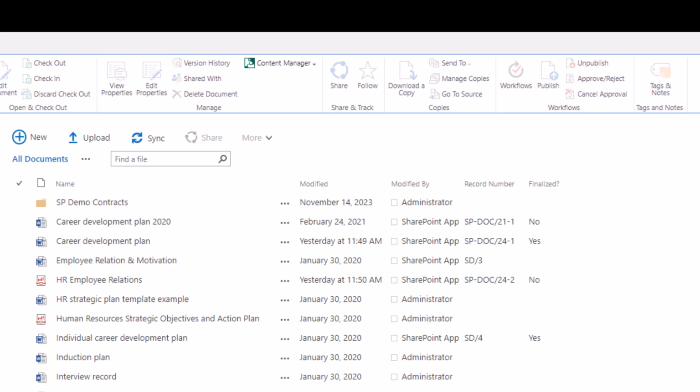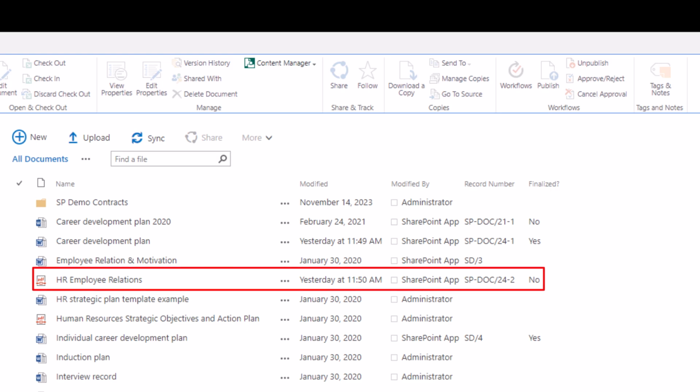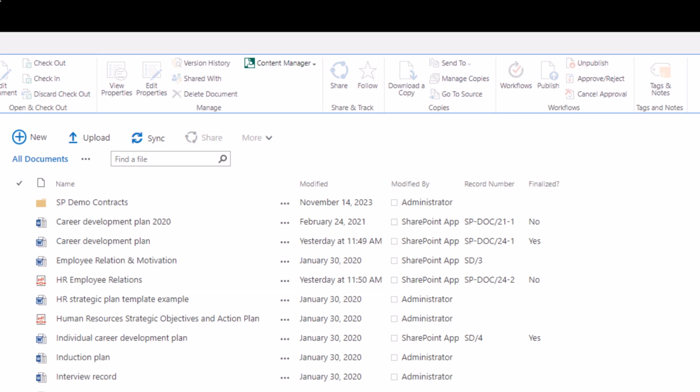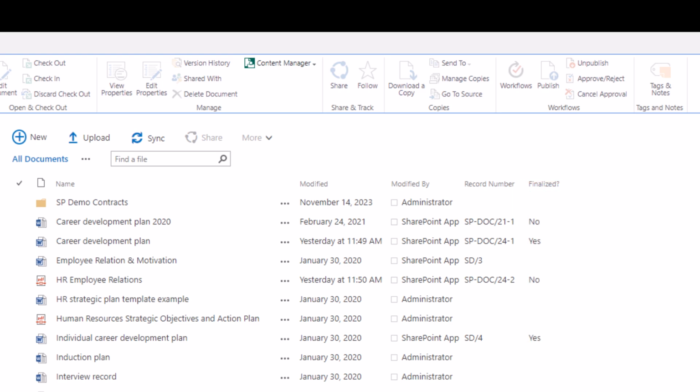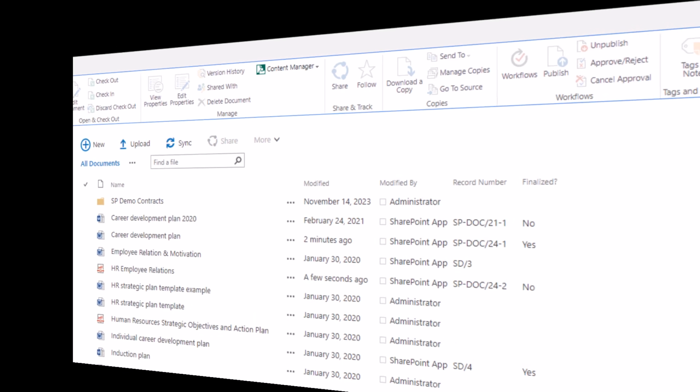Looking at everything, the HR document now has its record number here. And while it's hard to tell, the items I just archived to Content Manager are no longer visible on this site. The item now lives only in Content Manager. What would be possible is a web part with a preset search to display items from Content Manager that came from this site. For the final part of this demo, let me jump over to the Content Manager web client and